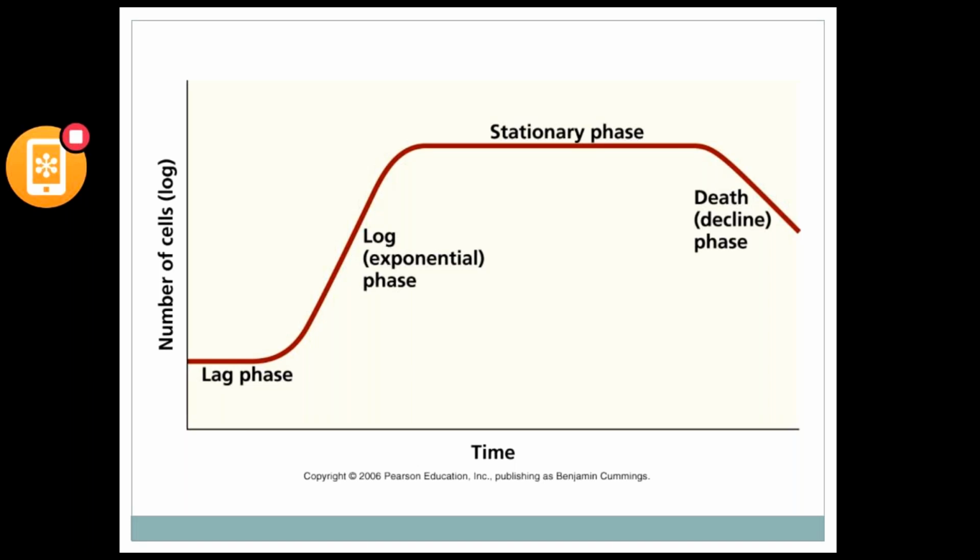And generally, we use this type of batch fermentation for commercial purposes. And in these commercial purposes, the microorganisms are generally taken at the end of the log phase itself. The fermentation process does not continue up to the death phase. Immediately after the log phase, the microorganisms are removed and the fermentation process is completely stopped. And this is about batch fermentation. Next slide, please, sir.